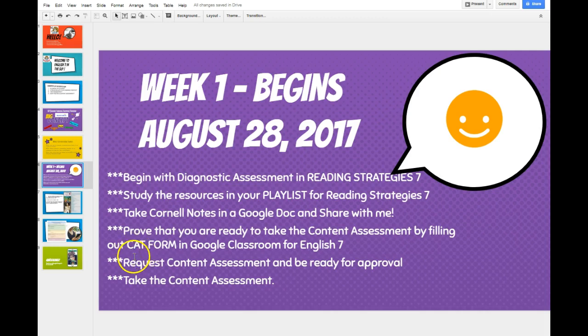CAT form stands for Content Assessment Ticket, and that form will be in the Google Classroom for English 7. Then when you're really, really ready, request to take the content assessment by clicking the blue button, and it will be ready for approval. Now understand that this is when you have to have somebody online live on the other end, and we